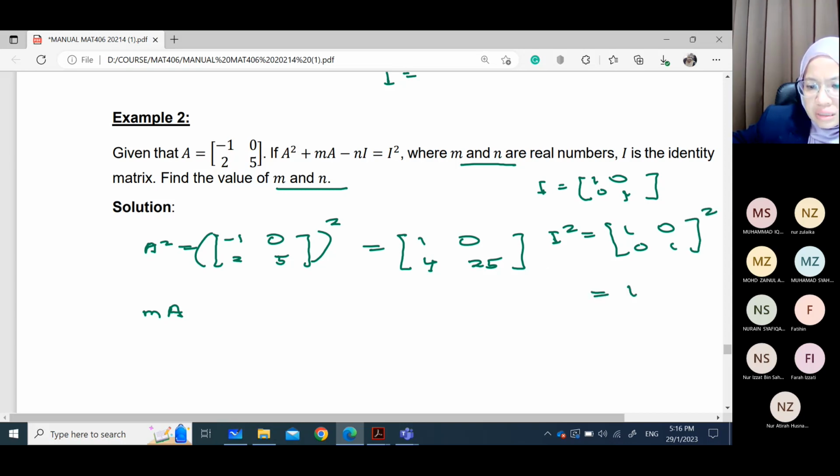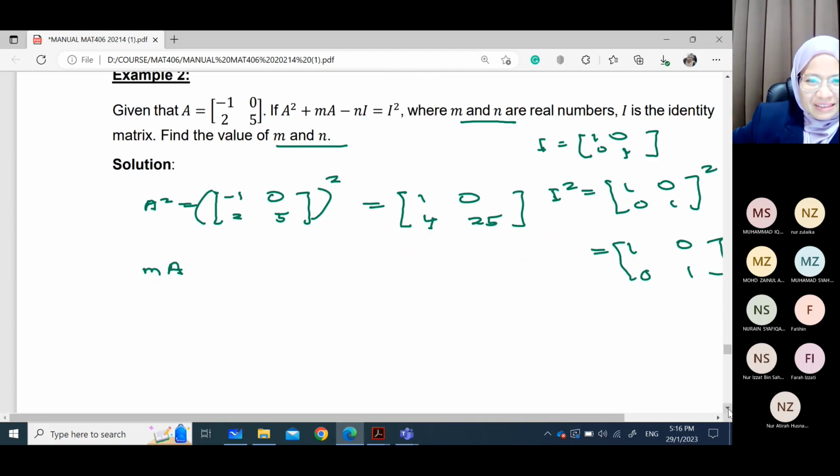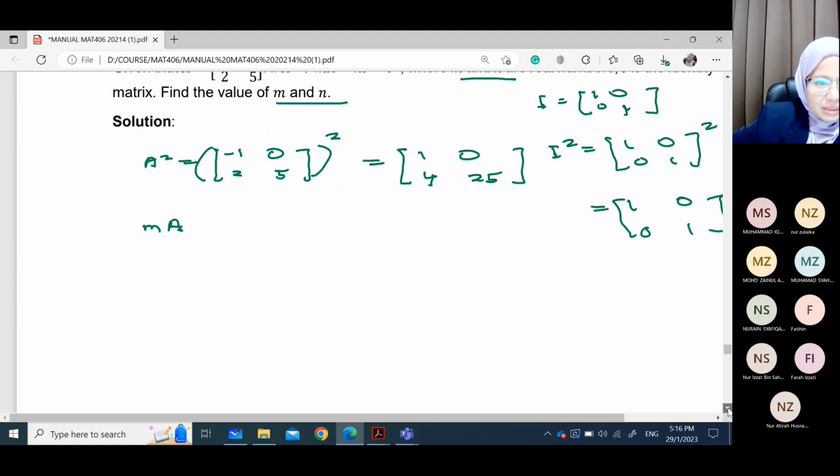So here we have 1, 0, 0, 1. Ni untuk identity matrix. Okay. Cuba dia akan dapat M and N. Boleh tak buat? Okay. Try. Alright, so this one is about